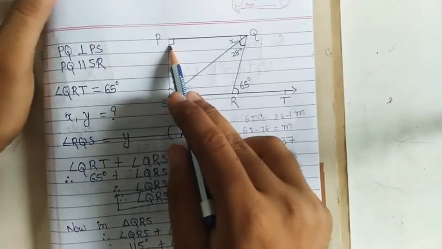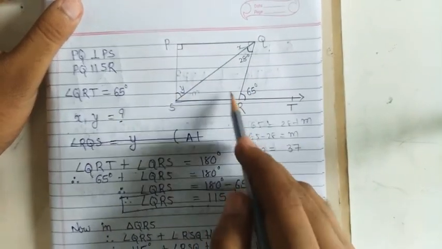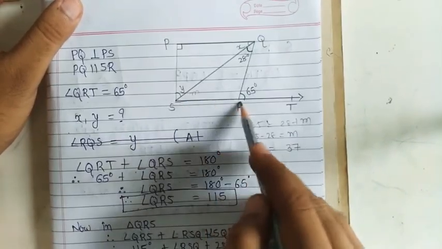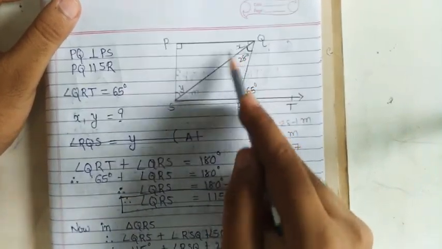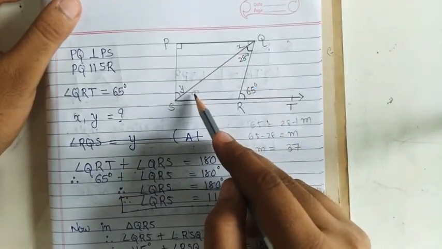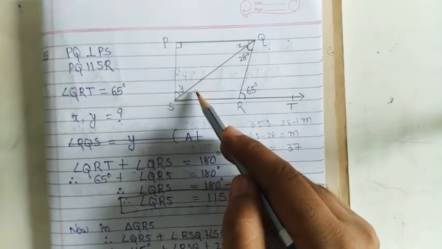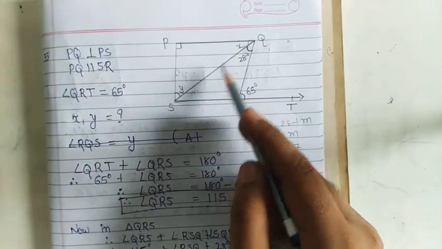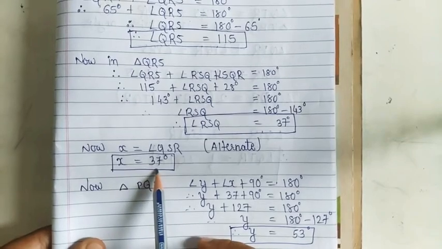Now in the question it is given PQ is parallel to SR. PQ and SR both are parallel, so it forms this Z. So Q and M, these two are the same. So we have the value of 37 because these two are alternate angles, and the property is that alternate angles are the same. So this one is 37. So x is also 37. So here I take x is equal to 37.